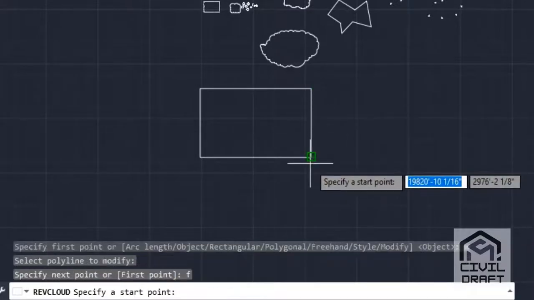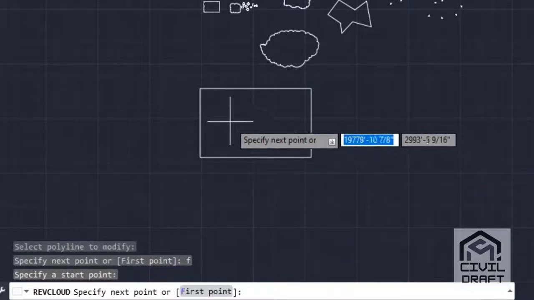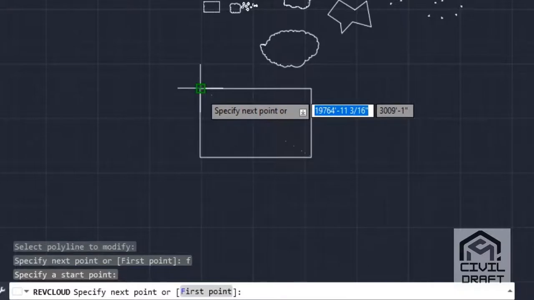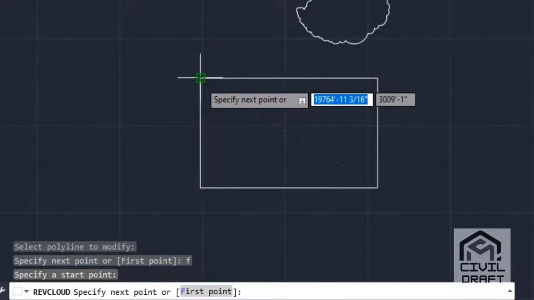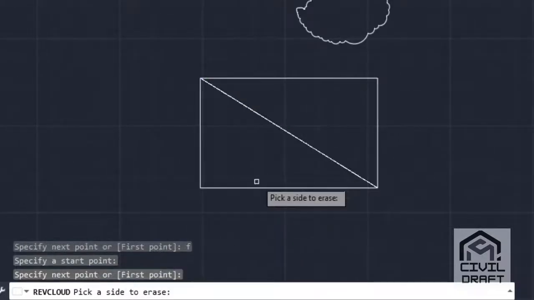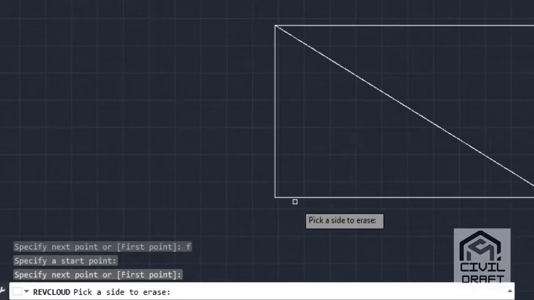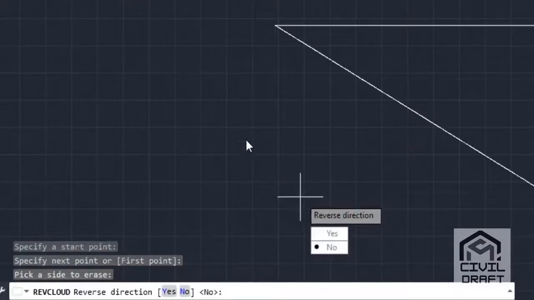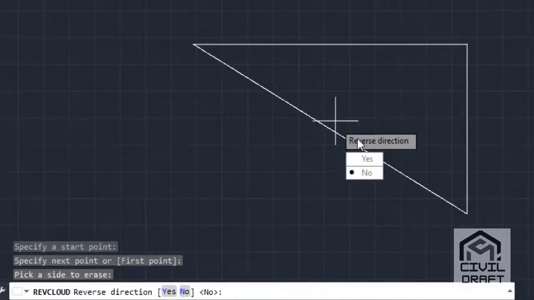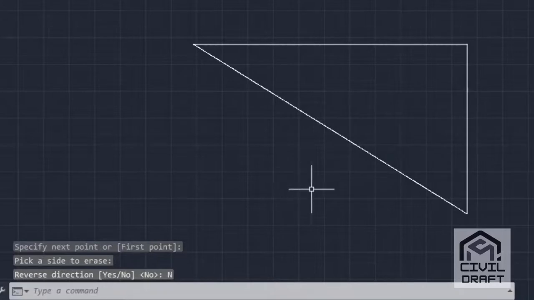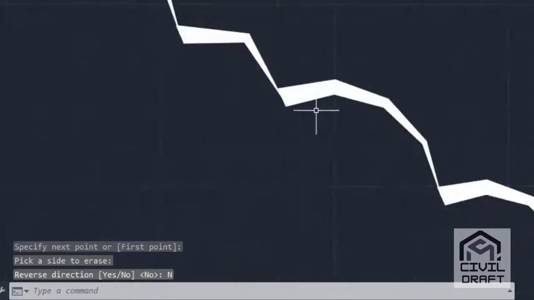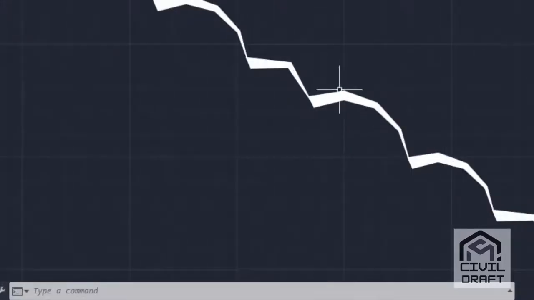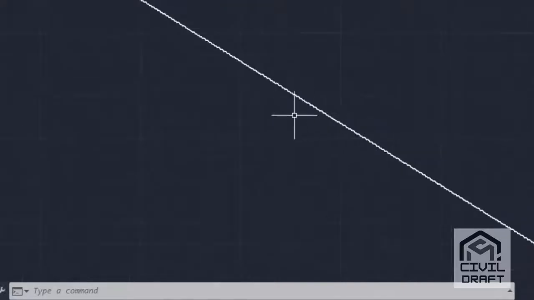I'll give the start point here and next point, let's say here, and pick a side to erase. If I have to erase this side, then I'll pick this side. This side is erased. If you have to reverse the direction of this cloud, then apply yes. If not, then no. Here I'll use no. Here this is a revision cloud of calligraphy style. In this way you can use it.